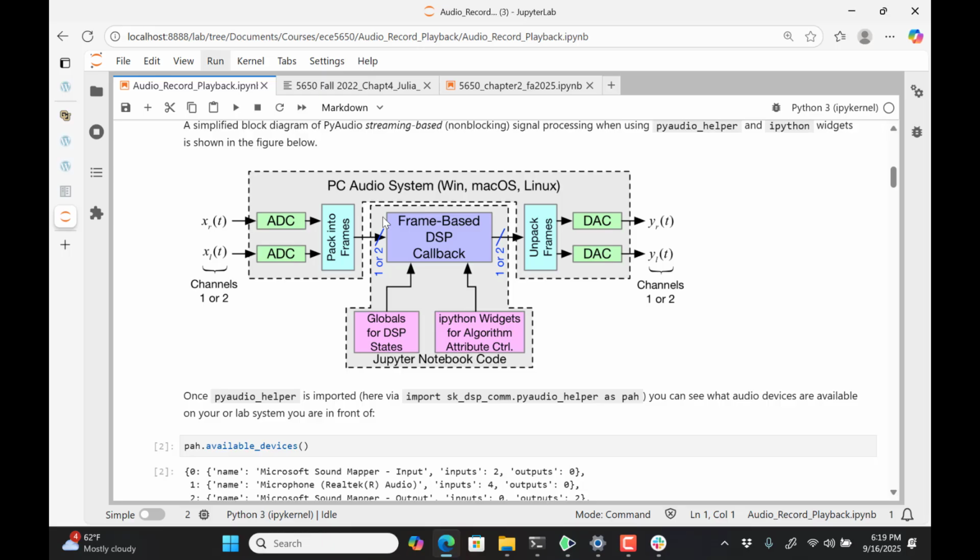And those frames get packed together inside. The way the audio processing works with Pi Audio, it's viewed as a packed frame that's got left and right channels in it. Then on the back end, on the far right-hand side, you see the opposite happening. The channels are unpacked into frames that go out through the digital to analog converter, and then those would be heard on your earbuds or your speakers